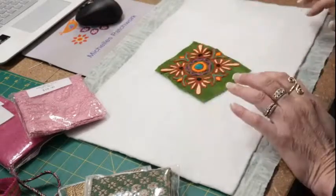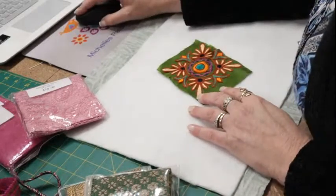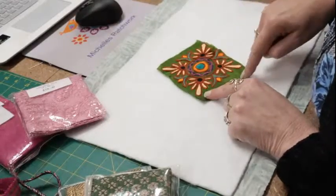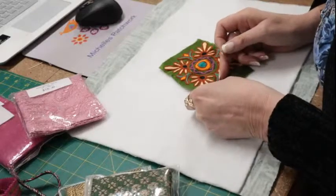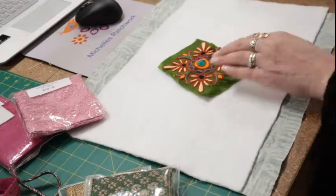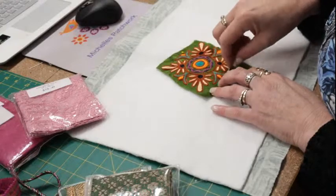So first things first, I'm going to sew this down. I also need my eyeballs. All right, so for me to see what I'm doing, I need eyeballs on. So first things first, I need to stitch around this, and I'm going to just stitch a straight stitch around the edge of it. It doesn't really matter to start with, because it's made with a really movable fabric. It's got quite a stretch in it. I will pin it down just out of my sewing reach, just top and bottom, just to hold it in place. If you wanted to, you could stabilise it, but I think it's a bit of an overkill for such a small piece of